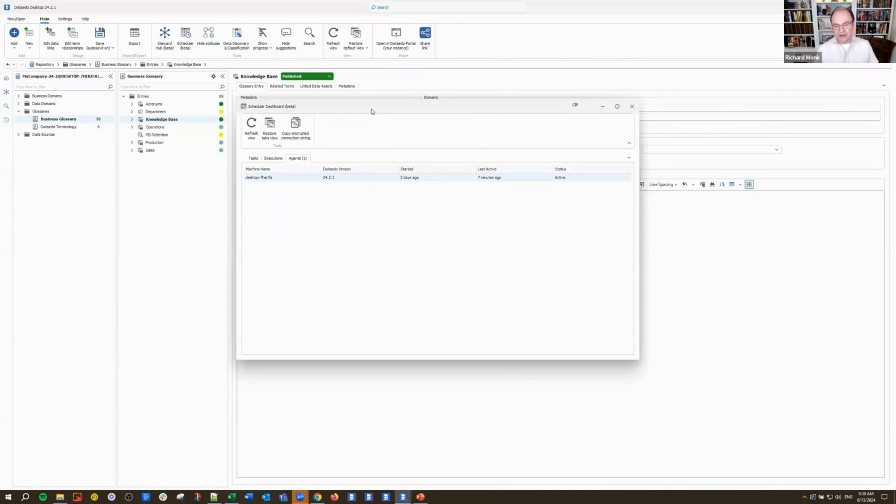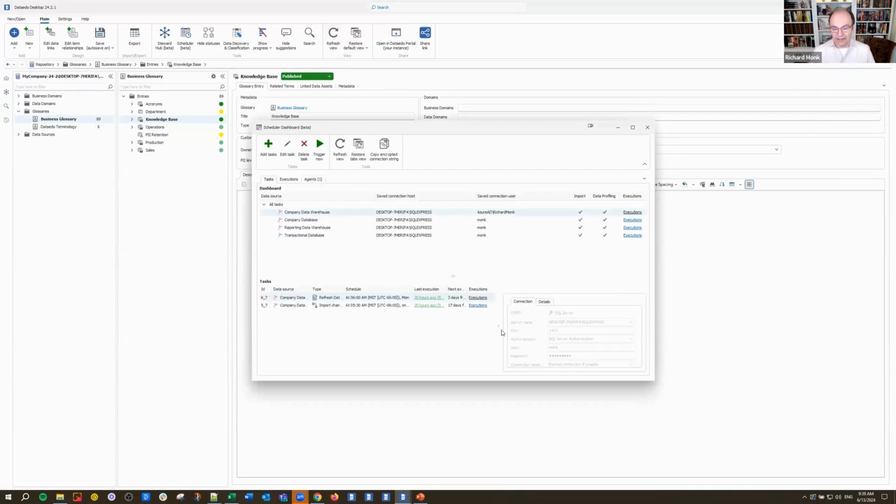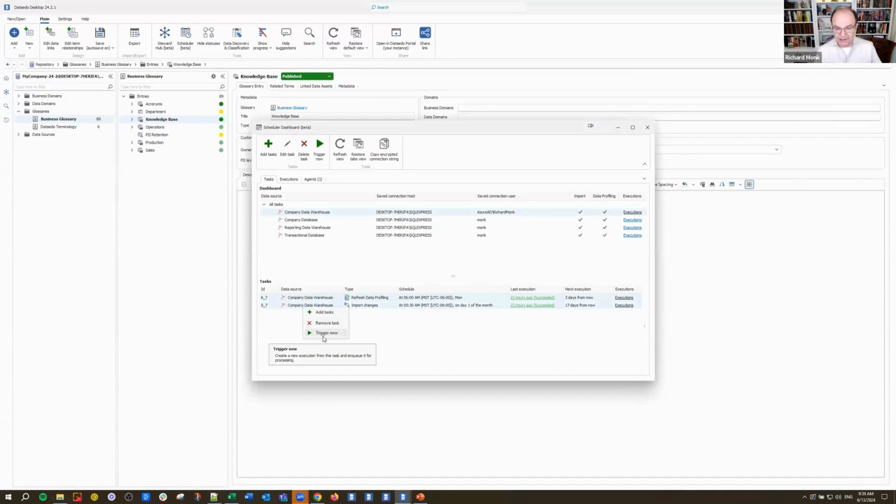This scheduler will tell you if your agent has not been installed or if there is an error with it, anything like that. It'll tell you if it's not working. And then once you have that installed and operational, you're welcome to start creating tasks. Creating the tasks is super easy. You can see I've already created some of these here. Let's just delete those so you can see how easy this is. Remove those.